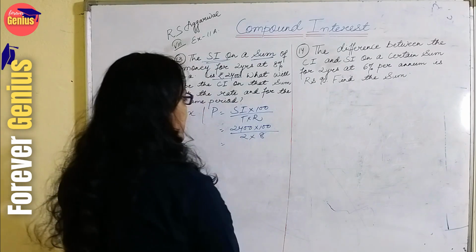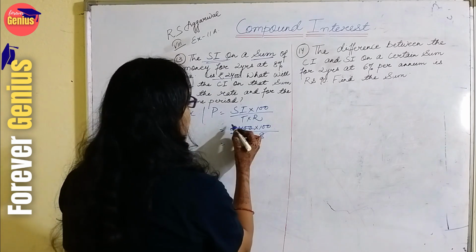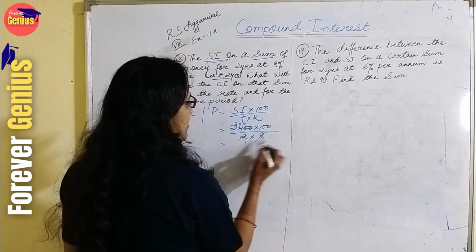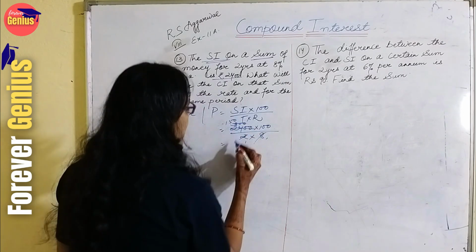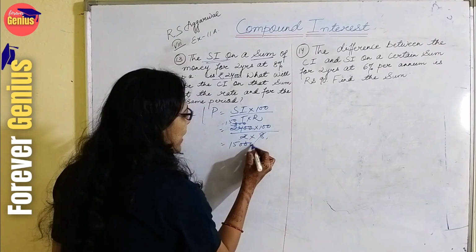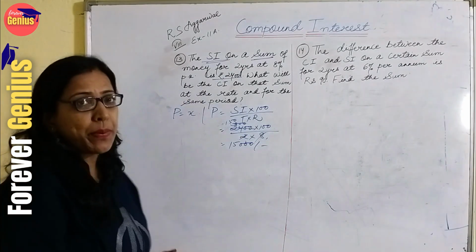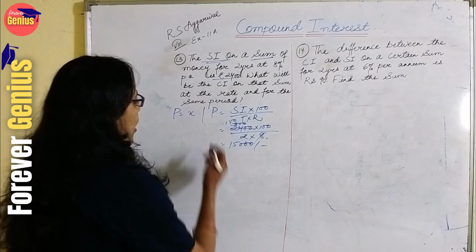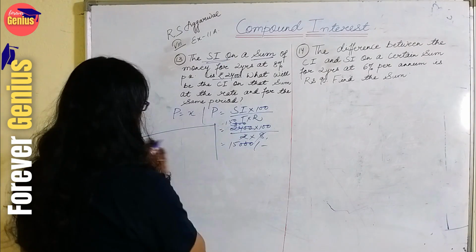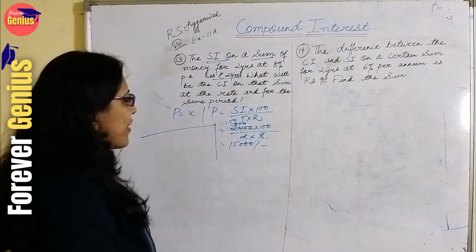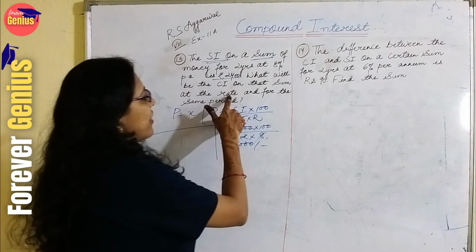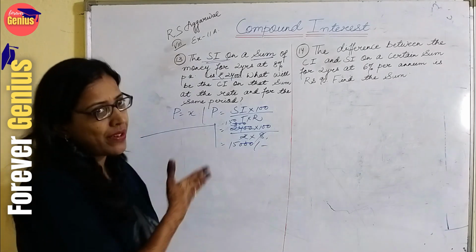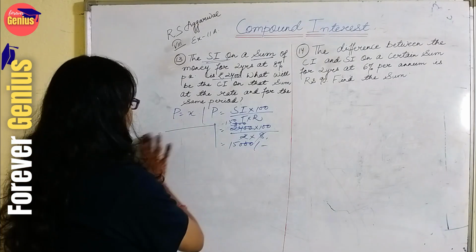So now what is the answer here? If I go with the table of 8, 8 threes are 24, it is coming 150, it is equals to 15,000. So the principal is 15,000. But what about the rest? When we have to calculate the rest, when I know the principal and the rate and period being the same, I will simply apply the formula which we were applying to calculate amount.